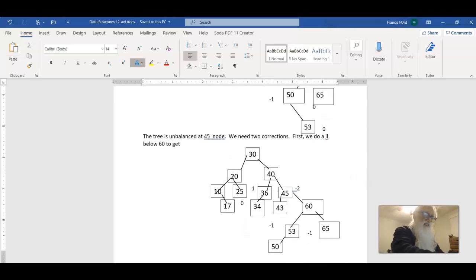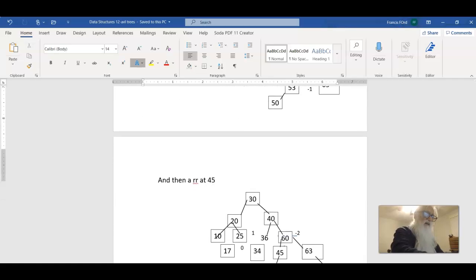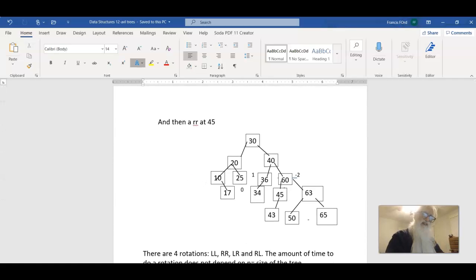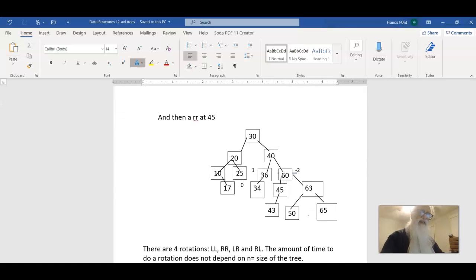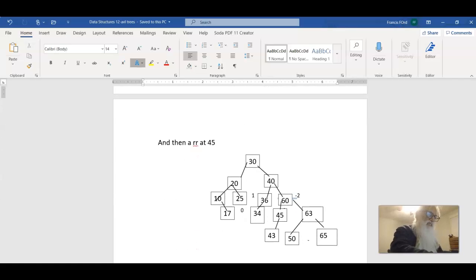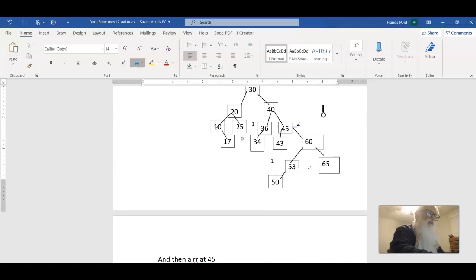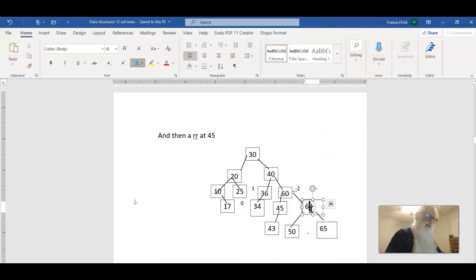So now it's still out of balance. But now I do the same kind of thing up at the 45. So now at the 45, I move the 45 right, I move the 60 right, and everything else follows in order, I believe. The 60 gets the 45. The 63 is promoted. That's not 63. It shouldn't be there. That should be the 53. Pardon me. The 53 got promoted